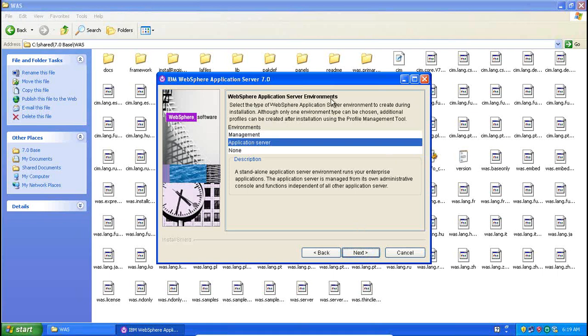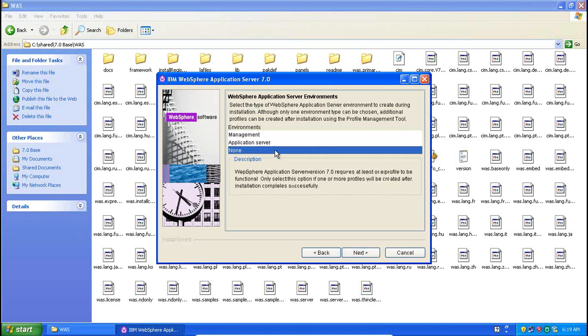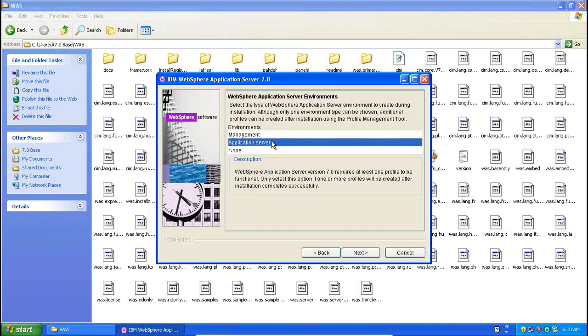And see, WebSphere application server environments. So what is the topology of standalone? Can anyone tell me? Cell, node, and server. Single cell, single node, and single server, right? That is the standalone topology. If you select this option, you get it: cell, node, server, you will get it.